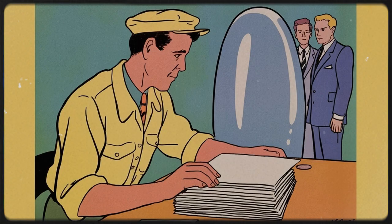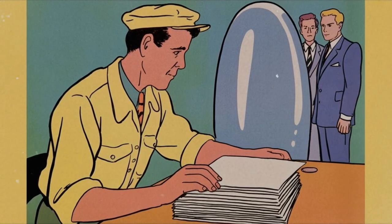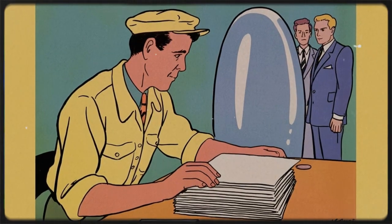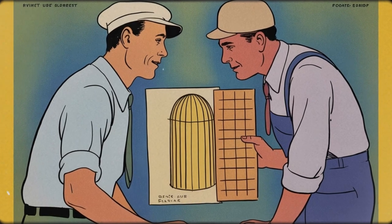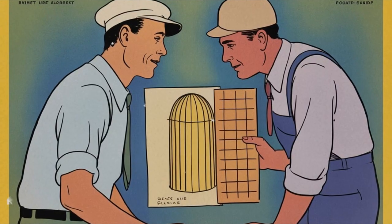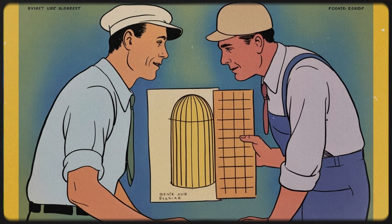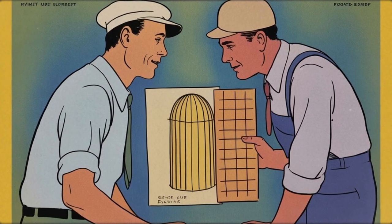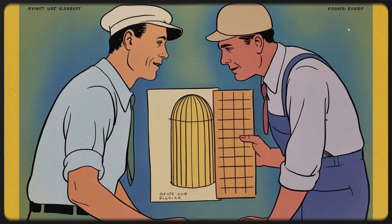The war's end in September 1945 should have meant the collapse of Beetle Incorporated's military contracts, and a return to building small recreational boats. Instead, Ray Green discovered that peacetime applications for fiberglass composites seemed limitless. The material's combination of strength, lightness, and resistance to corrosion made it ideal for applications that traditional materials couldn't handle. Within months of VJ Day, Green was fielding inquiries from industries that had nothing to do with boats or radar